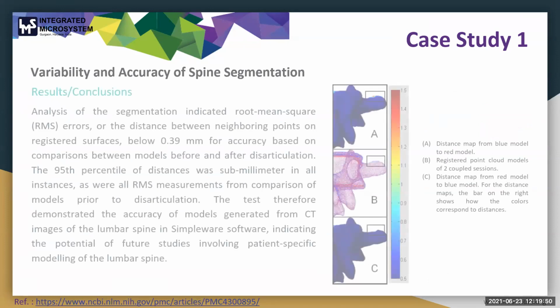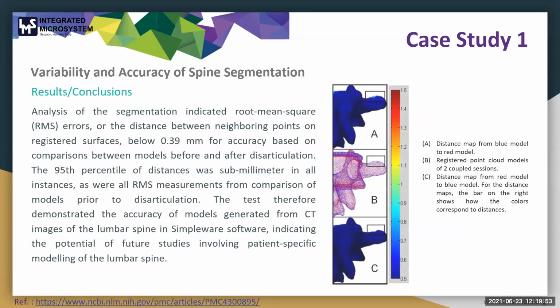The RMS error was below 0.39 mm. So this showed how accurate the segmentation was, and that it can be utilized for future studies involving patient-specific modeling of the lumbar spine. Here we can see a distance map between the two models.